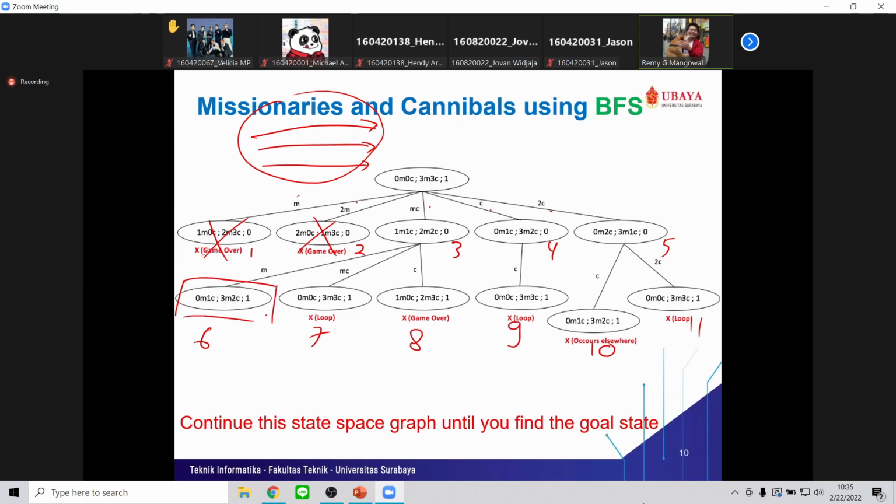But in other cases where you start maybe with 2C, C, MC, M, 2M, like this, maybe you will encounter this first. And if after you encounter this one, you encounter another one with the same, you can slash it with "occurs elsewhere."